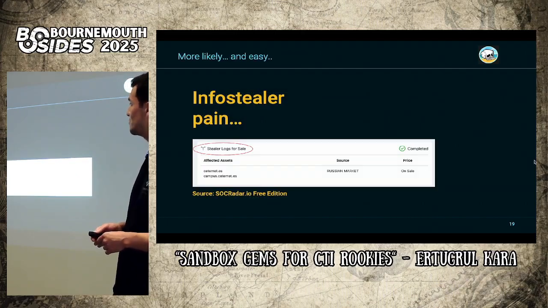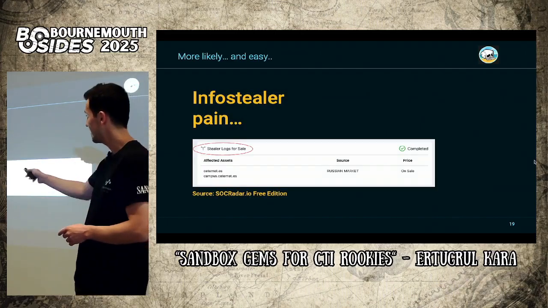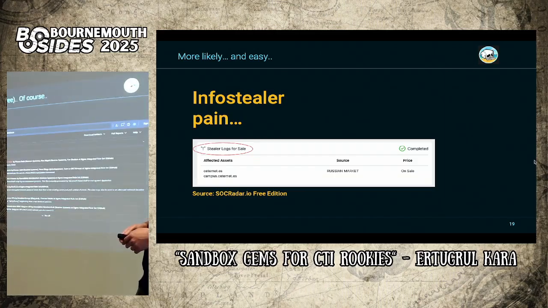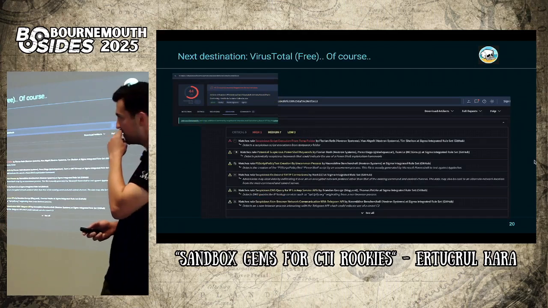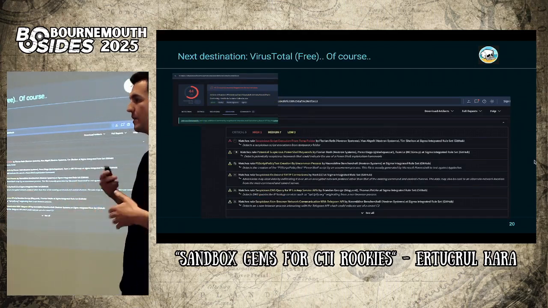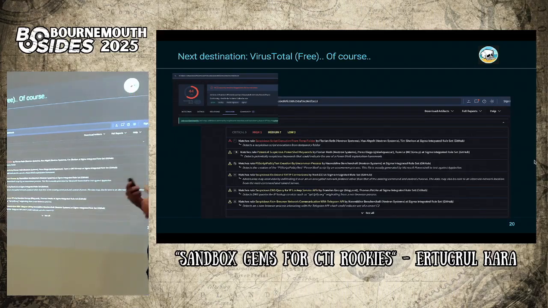And now I used another pivot point. I used the free edition of SOCRadar, and there are references to this domain. So it was, again, InfoStealers. From there on, I would like to get some insights around how I can make this more useful for detection